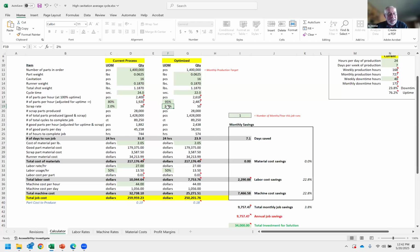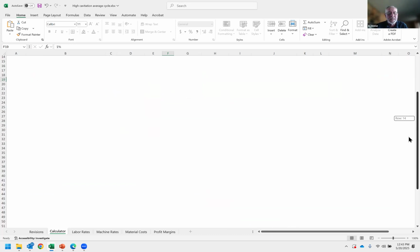We took the scrap rate to less than 1%, but we'll put 1% in there to keep it realistic. We didn't change the material at all. We didn't change the labor rate at all. So it doesn't seem like much per part. Now we're making a lot of parts, 1.4 million parts. A penny a piece difference doesn't seem like a lot. But when you start looking at things,